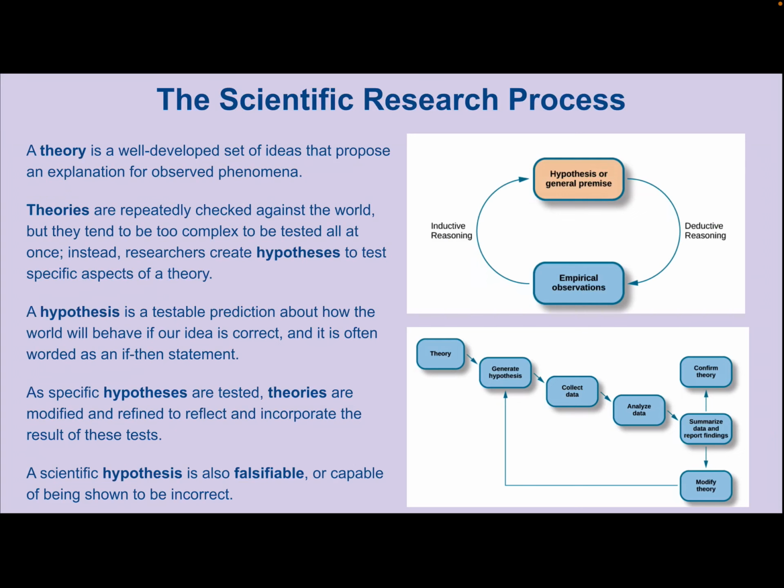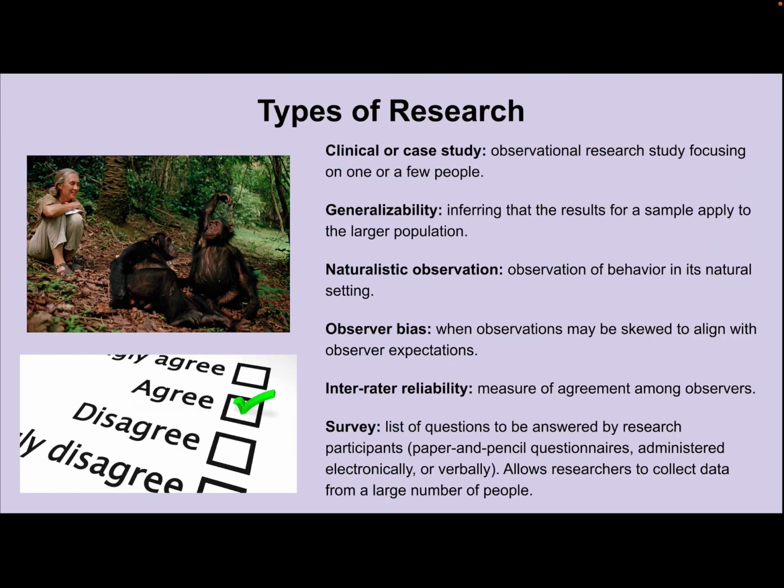I'll go back up to the correlation coefficient, which I'm going to discuss more on the next page. It's often referred to as R, and it's a number between -1 and +1, so it's usually a decimal, which indicates the strength and the direction of the relationship between variables. So this first example, A, has a positive correlation between height and weight. It's pretty close to being a straight line, and it goes up, meaning as one variable goes up, so does the other, right? As height goes up, weight goes up. So that means it's a positive relationship, and being that it's pretty straight, it's pretty close to 1. So I would guess that this one's maybe a 0.9 or a 0.88.